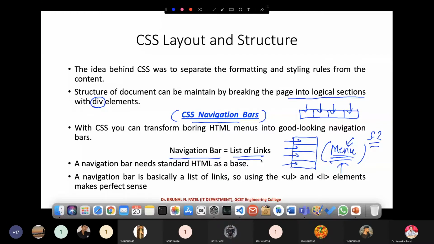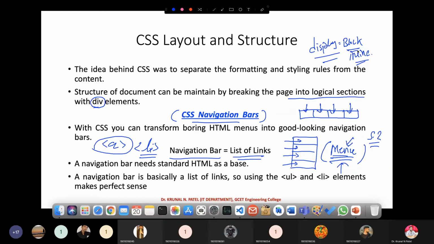As we know, the use of the anchor tag is for navigating from one page to another page, so we can use that. That is one combination. Another one is list items. You can create a list, and with different CSS properties like display equals block or inline, you can create a navigation bar.